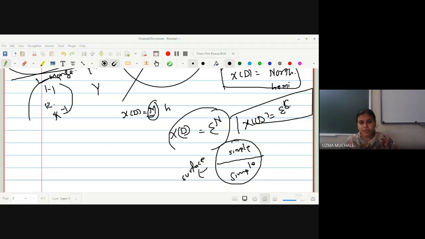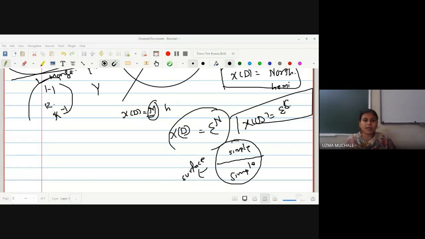But now in the next lecture we'll see that instead of going for this complete definition, for every point P, you have to find a proper patch in such a way that it should be contained in x of D and x of D is contained in M. Instead of doing all this, there is a simple shortcut: to prove whether it is a surface or not, you simply have to find a derivative. Okay, that we will see in the next lecture, what the shortcut is to find out whether the example given, or the subset M of E3, is a surface or not.